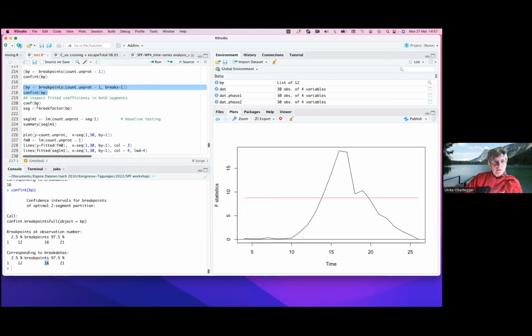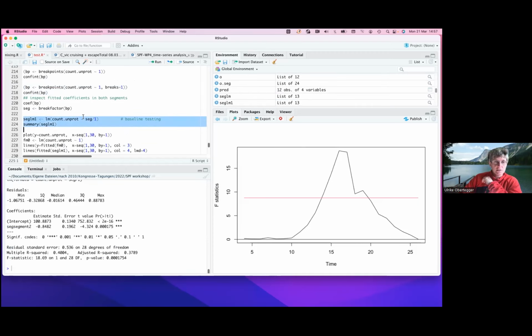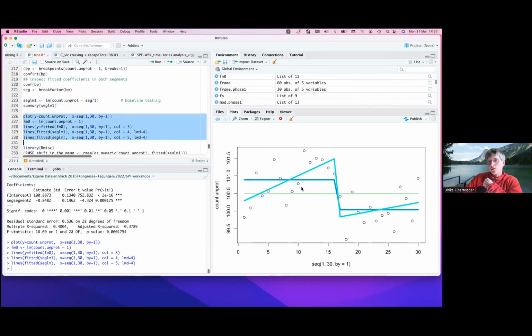If we inspect these, you get 2 different intercepts, and this means that the first intercept is higher than the second one. And when we do linear regression, but we tell R that this is just a shift in the mean, you can get the p-value here. So everything is highly statistically significant. Now we can plot this. And here you have